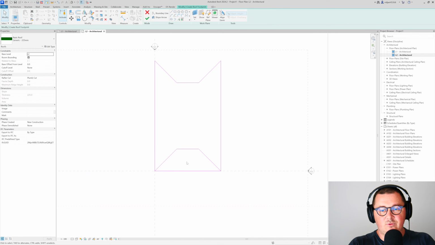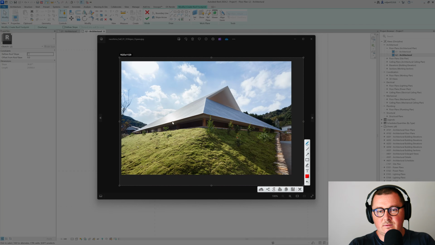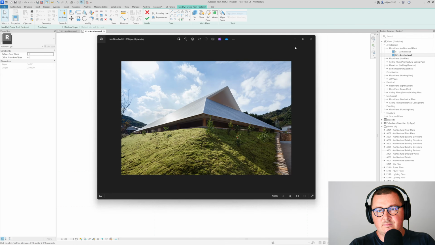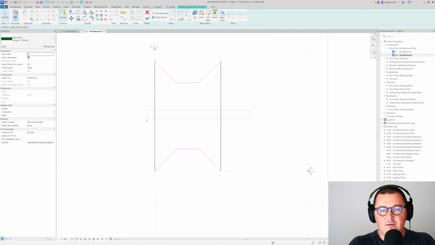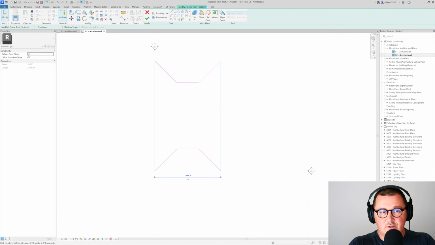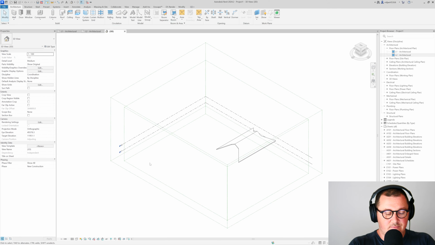Then we have to delete those lines, and let's say that the slope of the roof, this one, should be 30 degrees. So I'm going to select the sides where we are going to have the slope, define slope, and just place the number 30. So when I go to the 3D view,